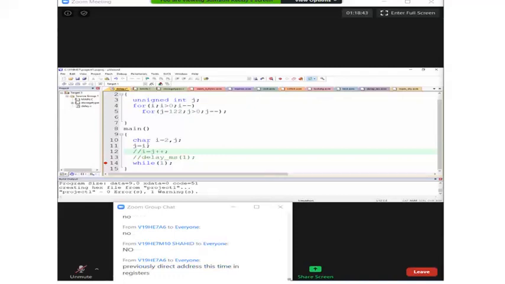Yes, for the increment operations, it will change. So here, when you have assigned I to J, did you use J anywhere here? No. J is not being used anywhere in the program and it is holding the same value as I.